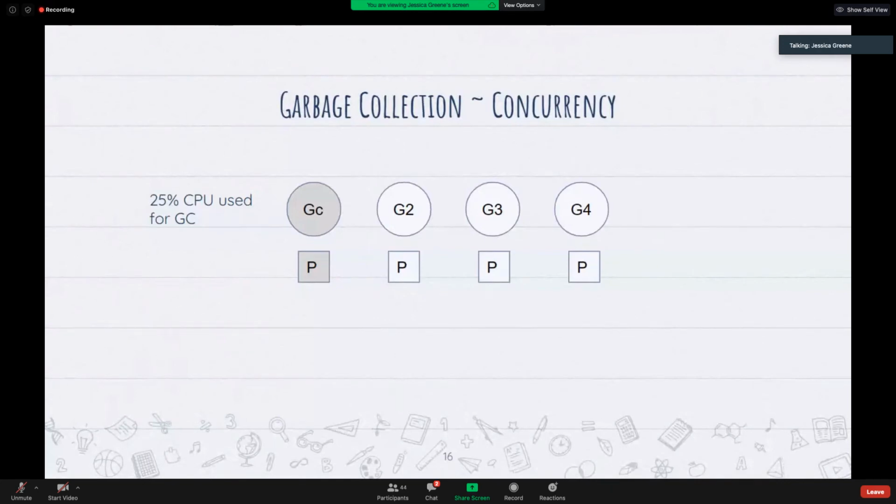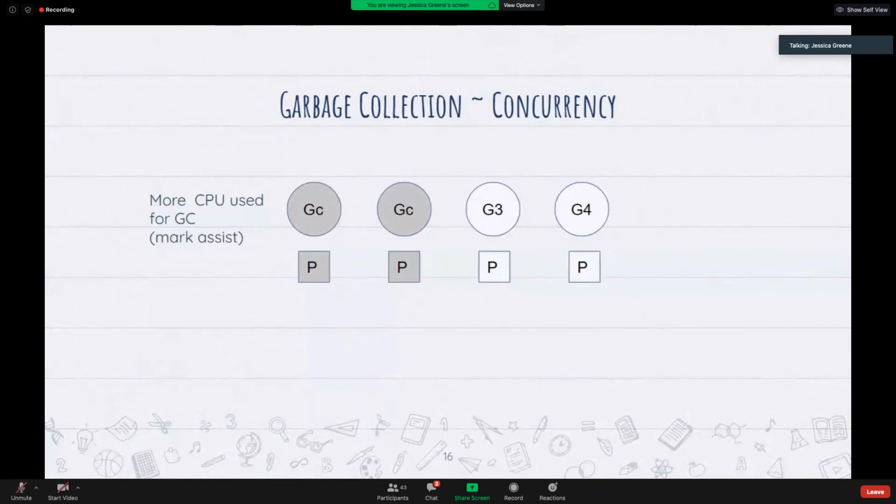However, that may not be enough, and there can be times when marking is taking too long, and the application is going to risk that the heap memory is going to reach its limit and potentially end up with the program crashing. So in this scenario, the other Go routines will also be assigned some marking work, and this is called mark assist.